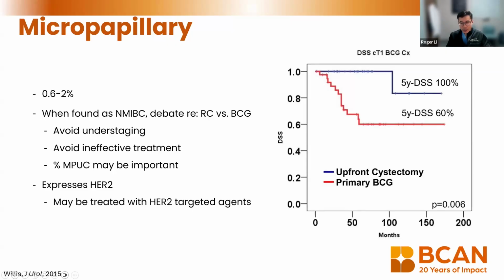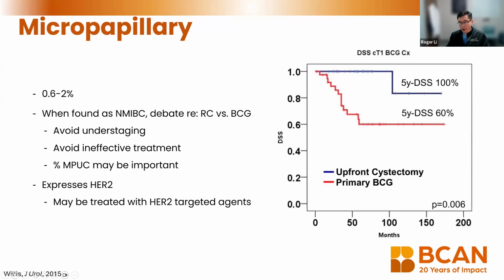And as Dr. Al-Ahmadie had mentioned, these tumors are known to have what's called a HER2 mutation. And because of this HER2 mutation, they express this receptor on the cell surface that makes them a good target for HER2 targeting agents, one of which is the antibody drug conjugate that actually